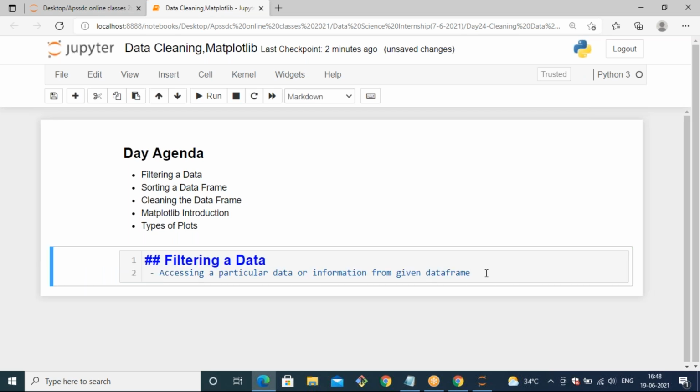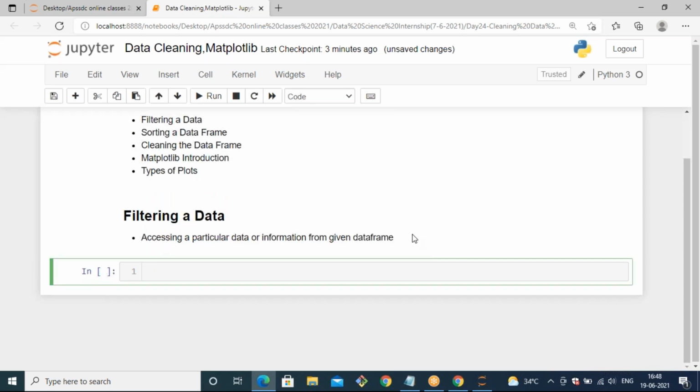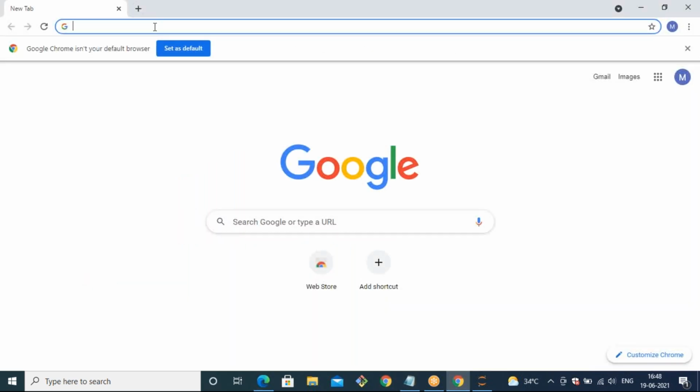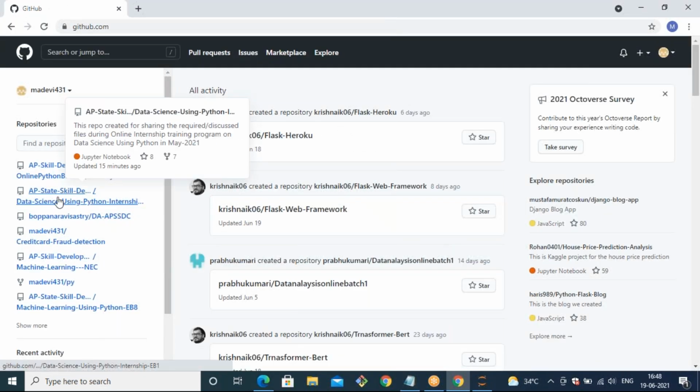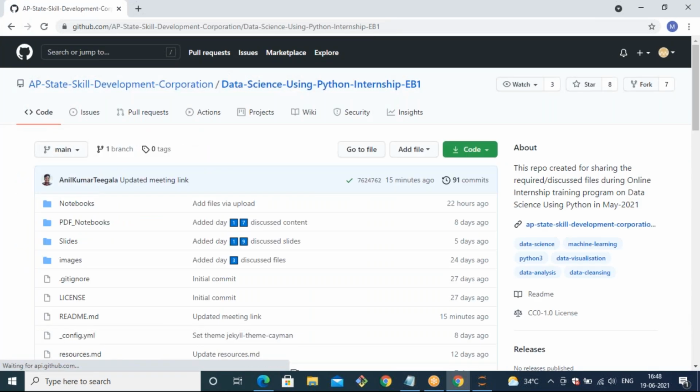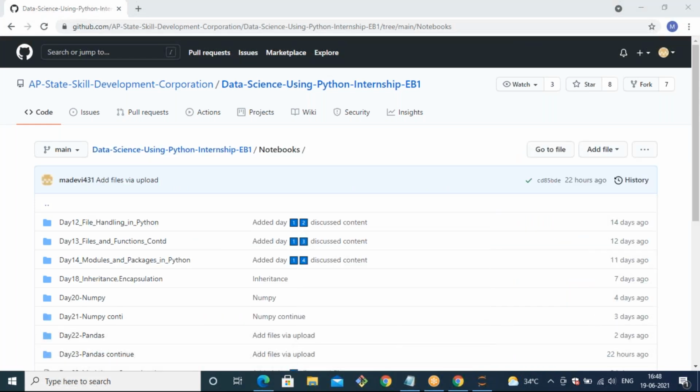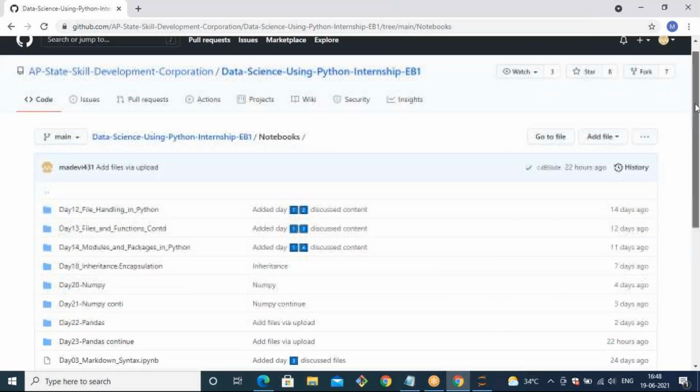For that you need to take one data set from the GitHub repository. Then we are going to apply filtering based on that data set only. So open GitHub. We already provided the GitHub links yesterday. In the data science using Python internship notebooks, in the previous class I already mentioned one data set, that is weather.csv.